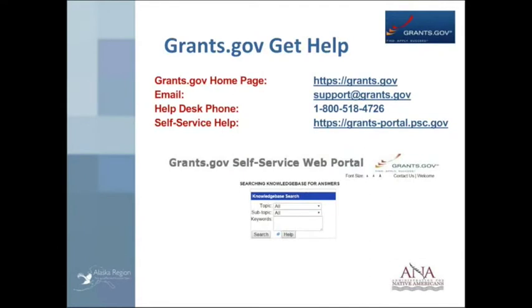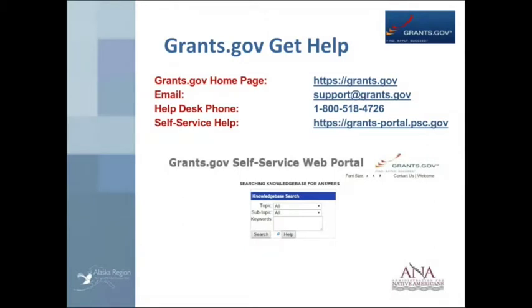And lastly, once you've registered in SAM, and by the way, be sure to log in, make sure that you are current, that your password's updated, and also that you've updated your registration, because that's an annual process that you have to do. So just be sure to check that you're current in SAM. Once you've got that squared away, then you can get into Grants.gov,